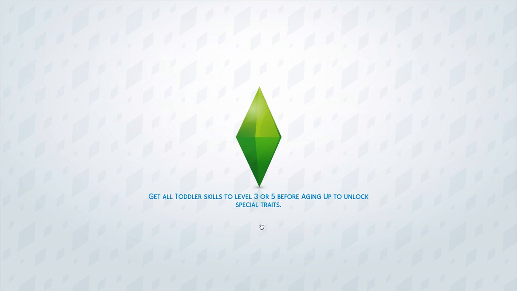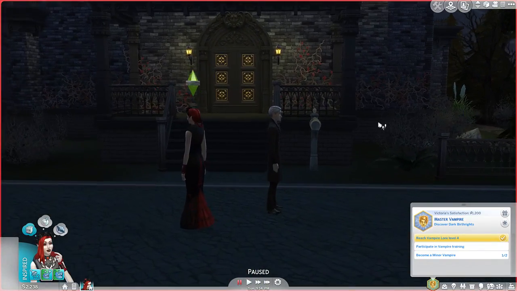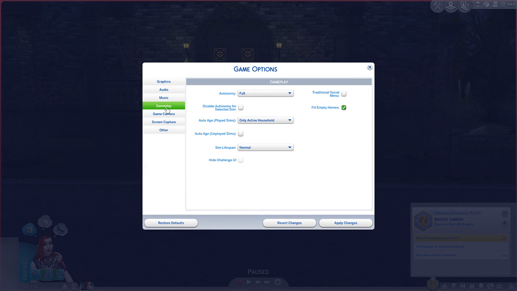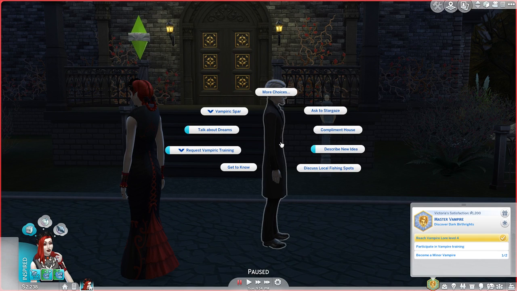Oh, no toddlers. We're not doing toddlers in this one. Oh, and I forgot that I was going to change the aging to long lifespan so the townies don't get old as fast. I haven't done that yet either. Thank you for having me pointed at the ground because I love that. Before I forget, because I will. Gameplay. Auto age everybody, but do it on long, because it's going to take a while to finish these aspirations. Okay, why don't we...